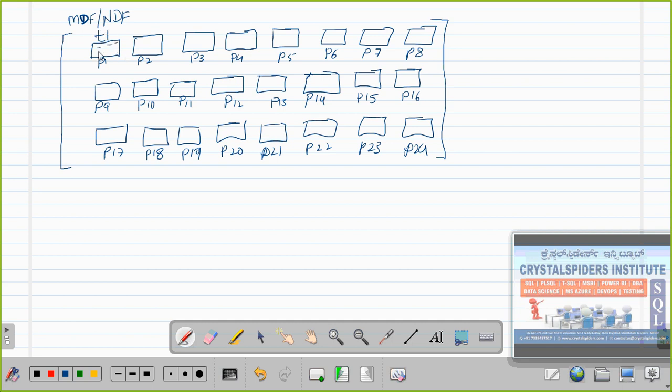See now here, this page can be occupied by table T1. It will start storing its data inside this page. Once this page gets filled, table T1 can occupy the next page. Once that page gets filled, table T1 can occupy this page. In the meantime, we start storing data into other tables also. Table T2 is occupying these two pages. Here table T1 has occupied all this. Here again table T2 has occupied this, and table T3 has occupied this page.